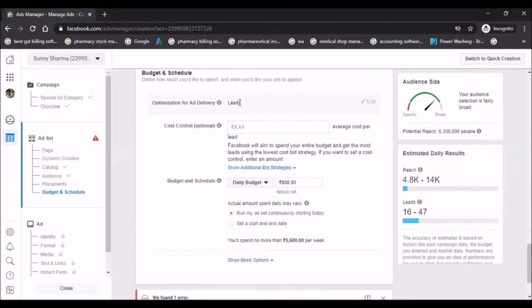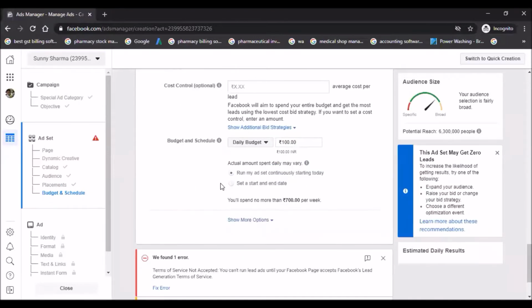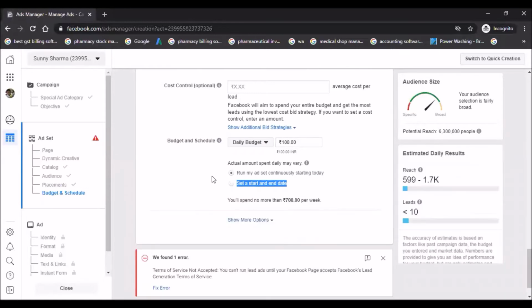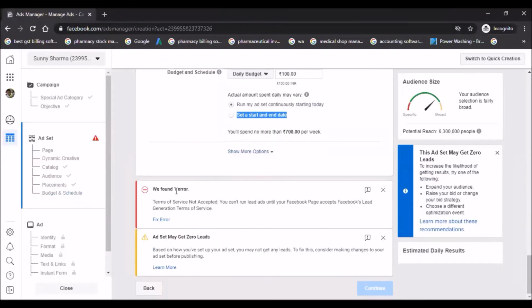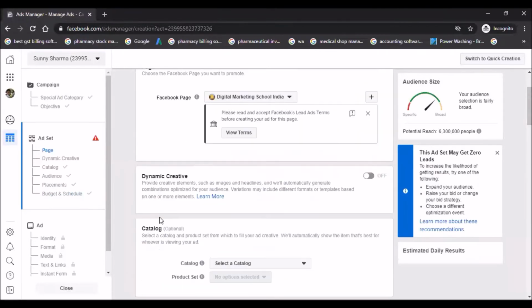Fine. Now you must select the budget. Let's see, I select 100 rupees. Now you can select the schedule. If you want to schedule your ad based on any date, then you can do it. It's giving an error. Let's see what it is about. Yeah, it is asking for the terms.